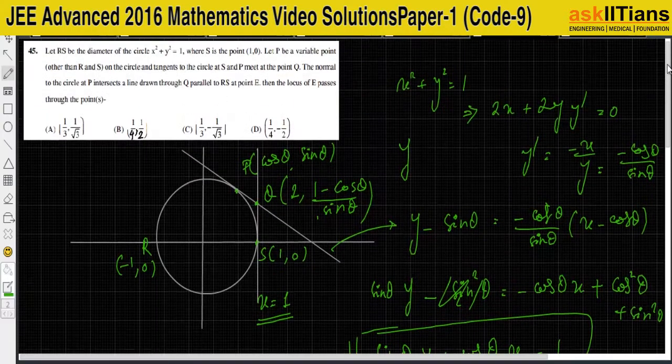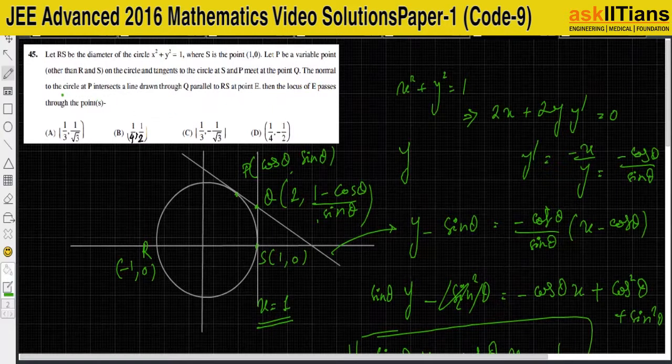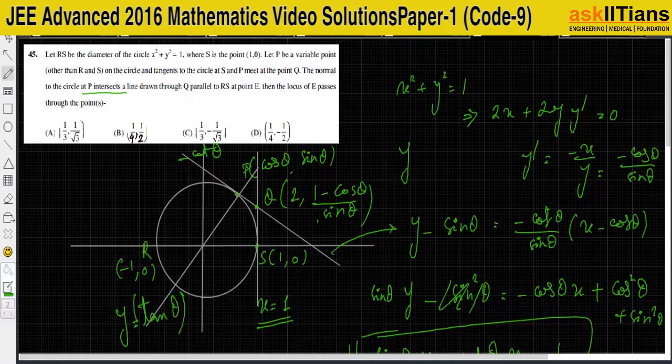Let's read the question. The normal to the circle at P intersects the line drawn through Q parallel to RS. Alright, so there is a normal at point P. What will be the equation of this normal? Here slope of the tangent is minus cot theta, right? So here slope of the normal will be just sin theta by cos theta, tan theta. So this line will be y equal to tan theta into x. It's passing through origin. This is equation of normal,